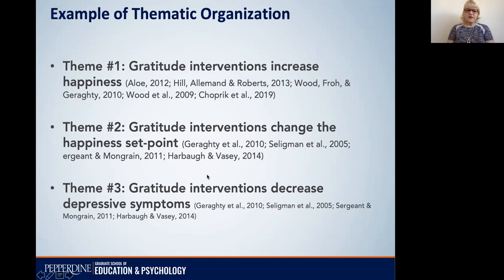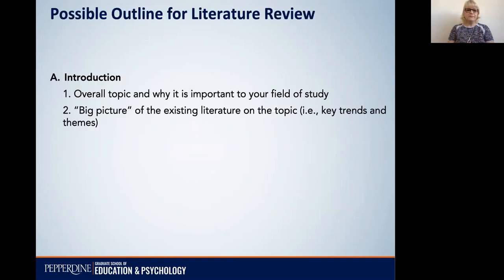So then under each of these sections, you can see she has various researchers. And you might notice, for example, the Chapters, I don't know how you say that, is listed under all 3. That's okay, because this researcher may have looked at all these different aspects. But what she's done is she's broken it down by these themes. So let's move on now to a possible outline for a literature review. And I think this will help you see kind of the flow of the paper, and then we'll see how